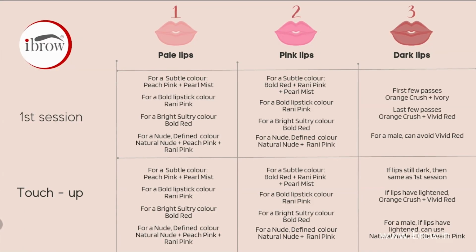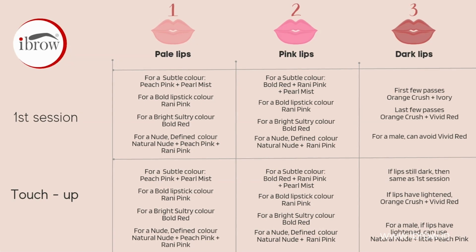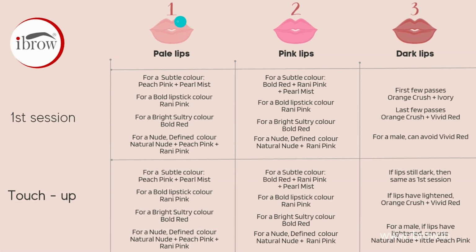I have divided the lips of Indian people into 6 different types. Type 1 to type 6. So type 1 is a pale lip. A pale lip is not very common, but we see it sometimes in northern parts of India or in eastern parts of India, not very common in west, central and south India.